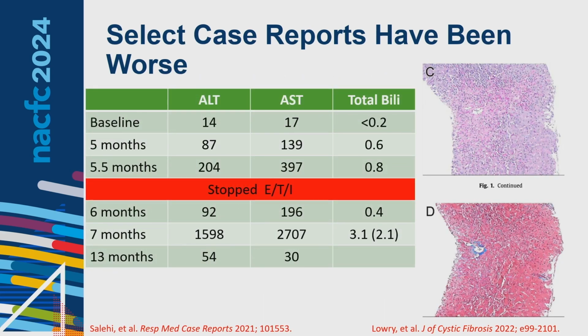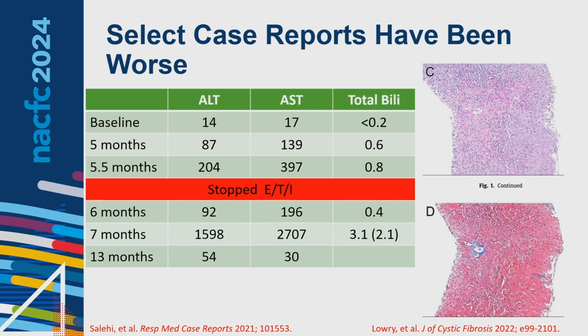Similarly, we have this in an adult patient from Hopkins who had been on for about 5 or 6 months, developed a huge increase in their transaminase levels, again biopsied. This is again what necrosis looks like, but on the trichrome down here, we don't see any fibrosis or anything looking like chronic liver disease. If this was chronic liver disease, you should see little blue streaks everywhere, and you don't see that. Again, they stopped ETI, they recovered, and the patient's doing fine off of medicine.